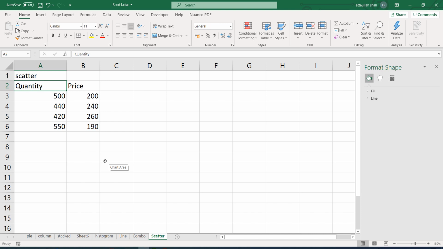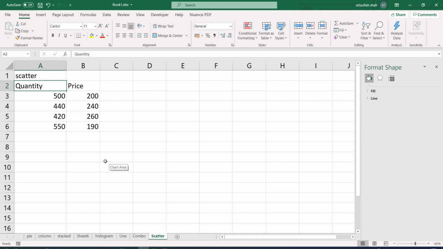Let's use the example of quantity demanded and price. According to the law of demand, when the price of a commodity increases, the quantity demanded will decrease. And it is also true, when the price decreases, the quantity demanded should increase.